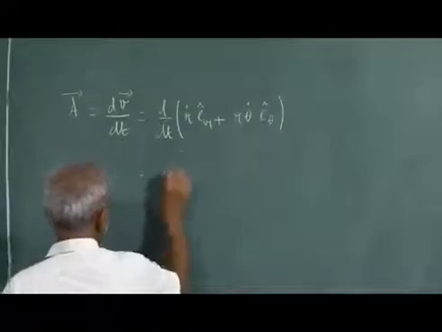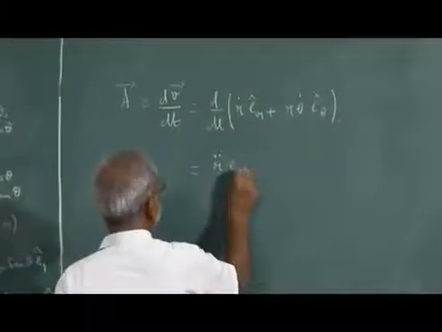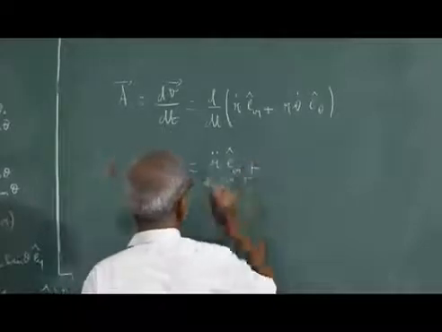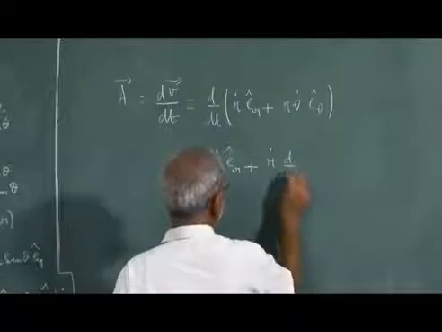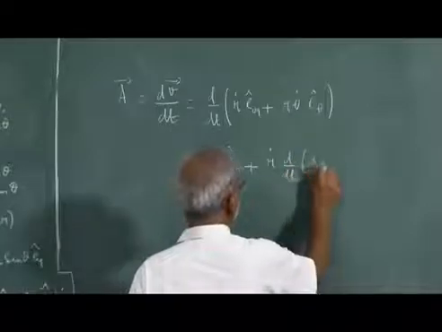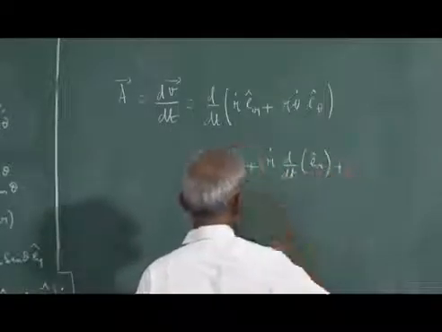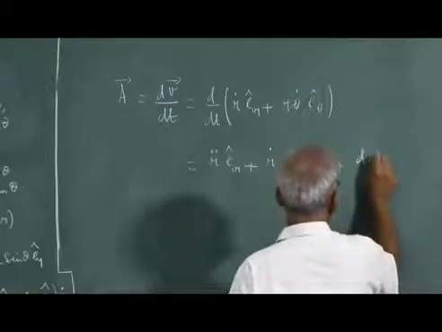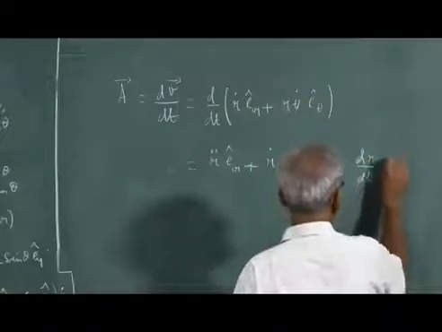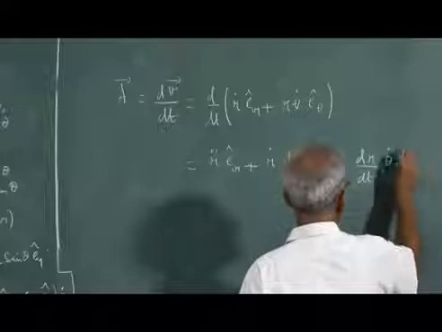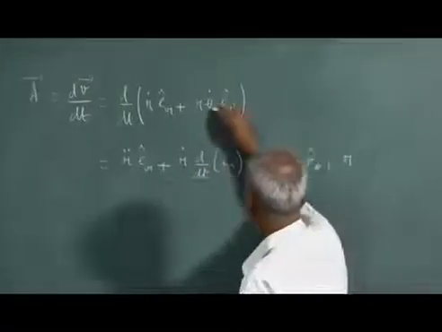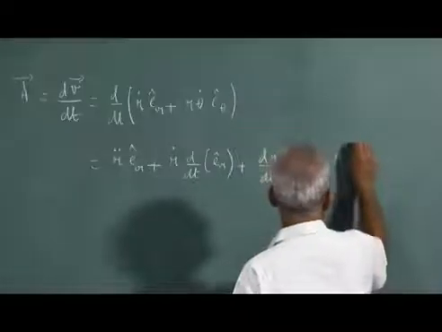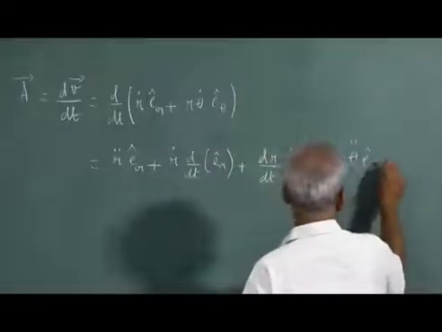First I will differentiate this: I will have r double dot e_r plus, keeping r dot constant, d by dt of e_r, plus next dr by dt theta dot e_theta plus r times, when I differentiate this, theta double dot e_theta plus